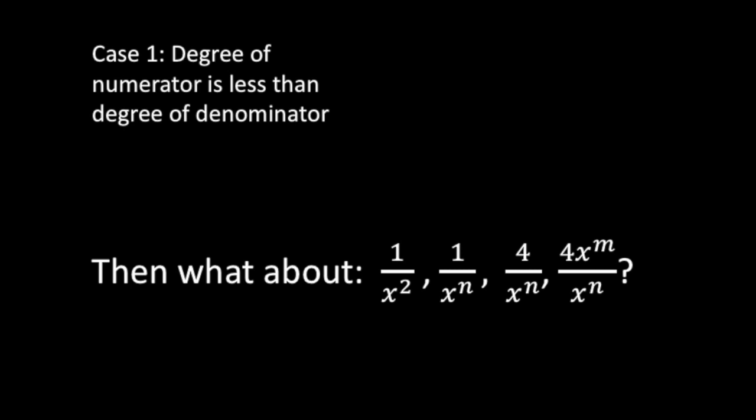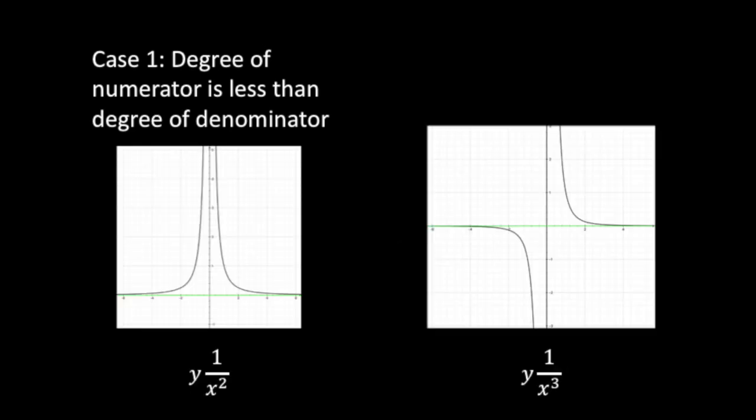Then what happens with a higher degree denominator, say 1 over x squared, or 1 over x to some higher power, or some other number over x to some higher power, or x to some power over x to a higher power? They all go to 0. 1 over x to a power goes to 0 faster as the power gets higher. A constant over x to a power goes to 0. X to a power over x to a power goes to 0 as long as the numerator power is less